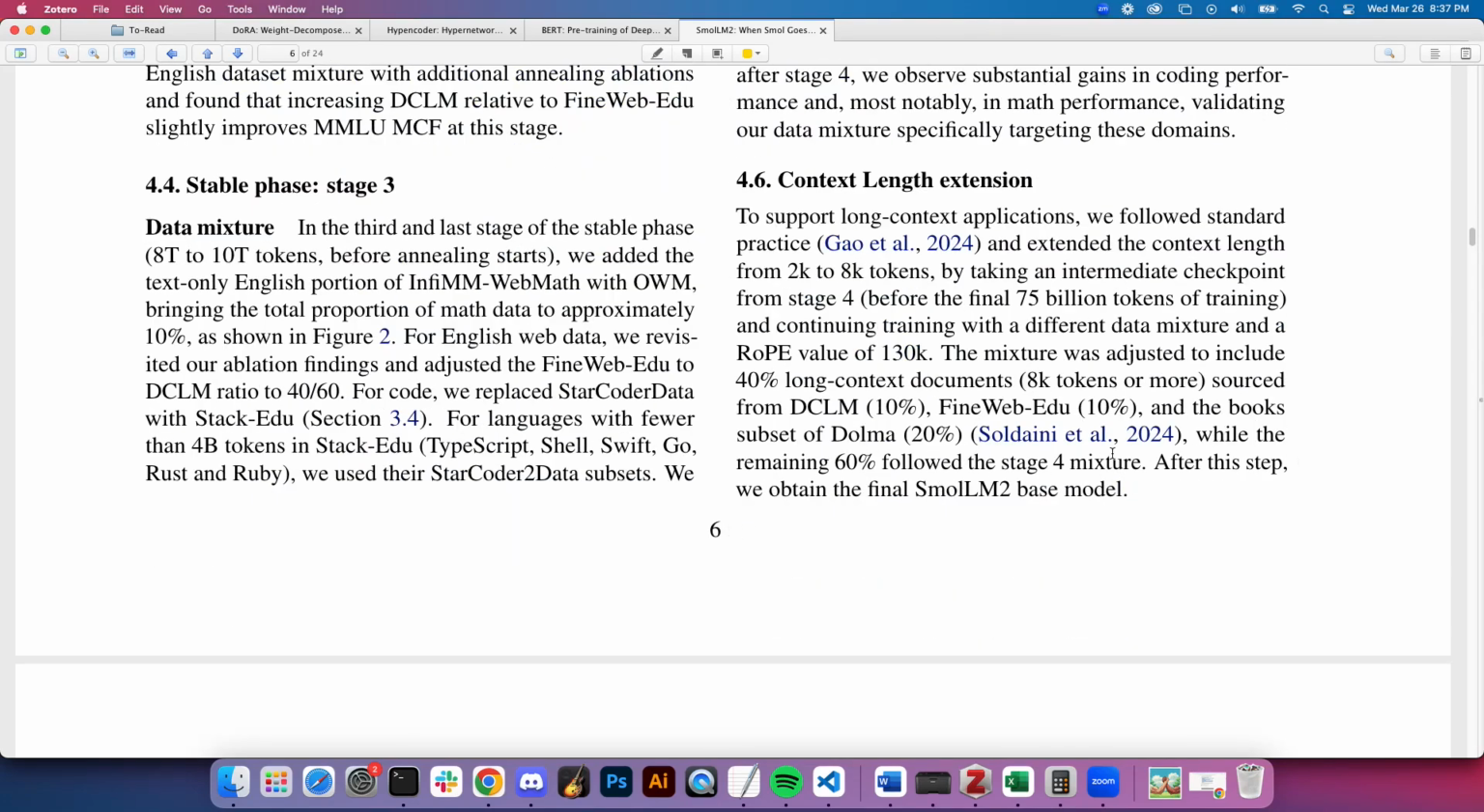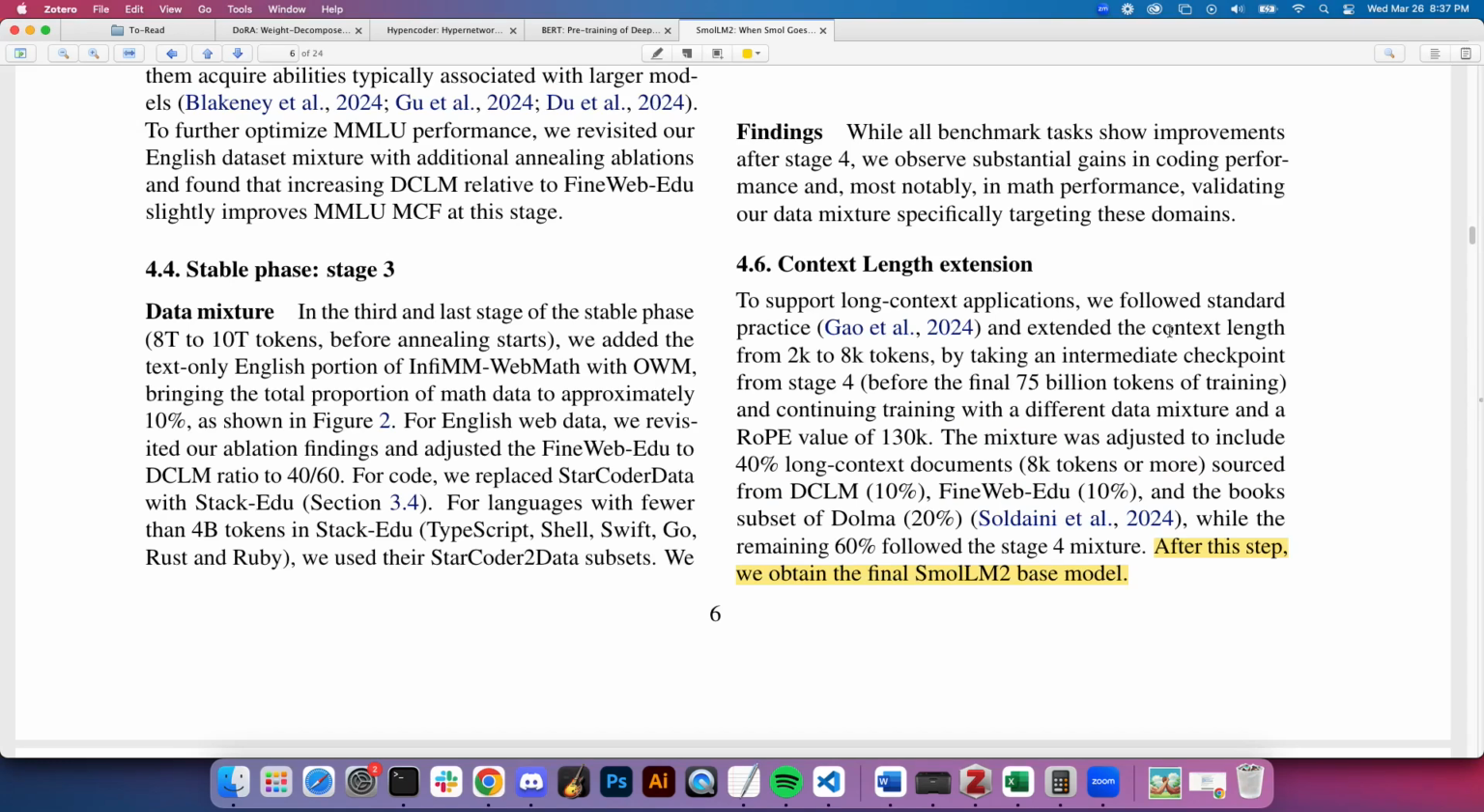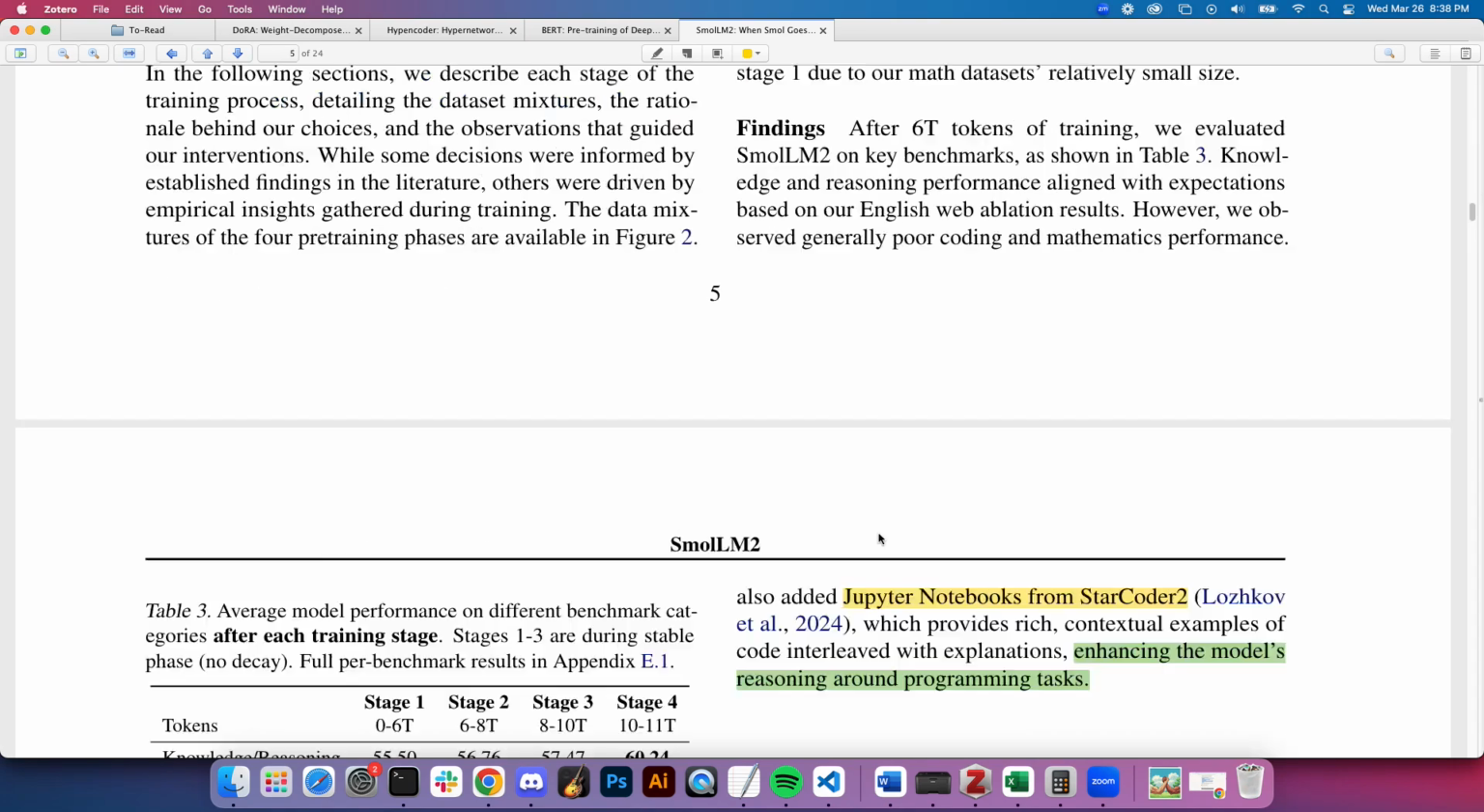Okay, after this step, we obtain the final SmolLM2 base model. So that's a good reference point. They extend the context length from 2 to 8K tokens by taking an intermediate checkpoint from stage 4 and continuing training with a different data mixture and a rope value of 130K. So that's interesting. This mixture was adjusted to include 40% long context documents from DCLM, FineWeb-Edu, and the books subset of Dolma. So I think that's the textbooks